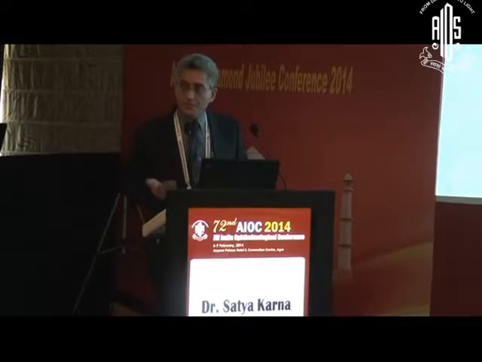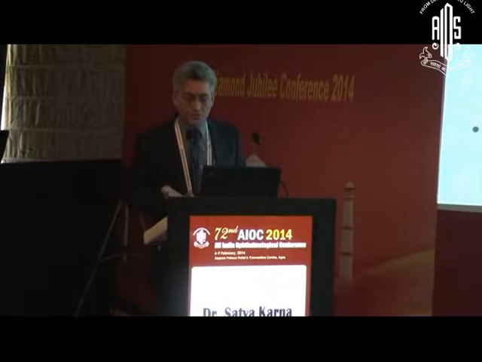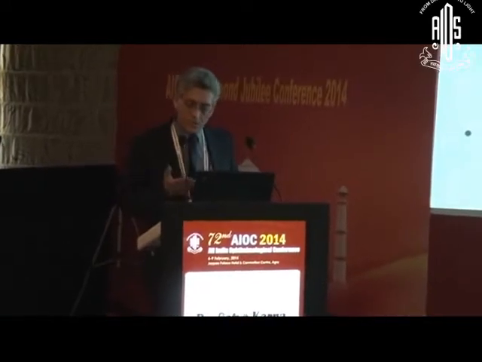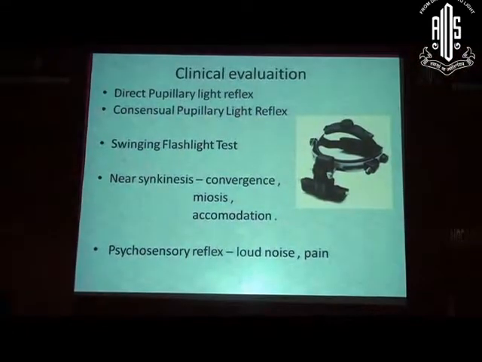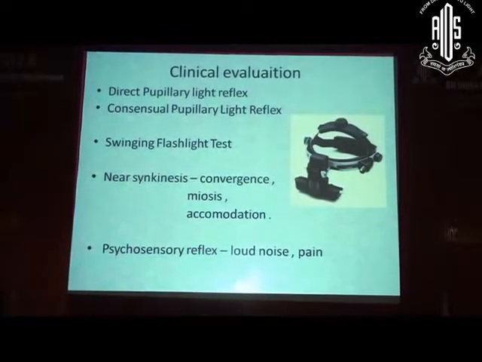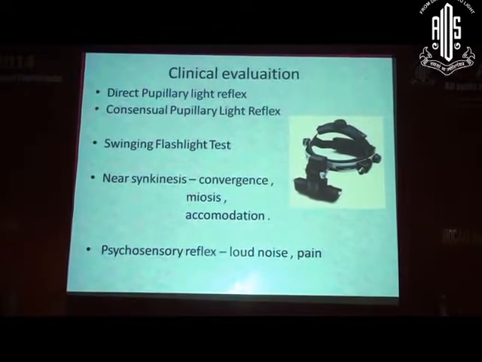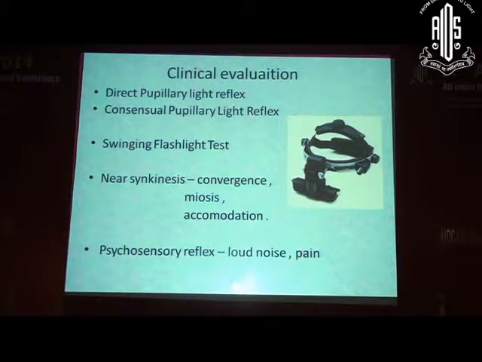Let's take the afferent pupillary disorders. The clinical evaluation which I have found very useful is checking the direct pupillary light reflex and the consensual pupillary light reflex if required in certain cases, which I will show you later. The swinging flashlight test is the standard test, and what I use routinely is the bright light source of the indirect ophthalmoscope in a dark room with the patient fixing at a distant target, for example the 6x60 target in